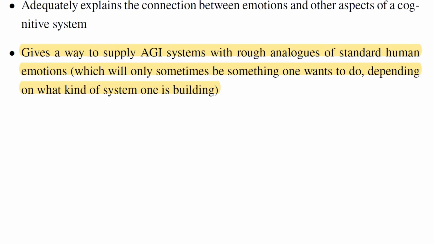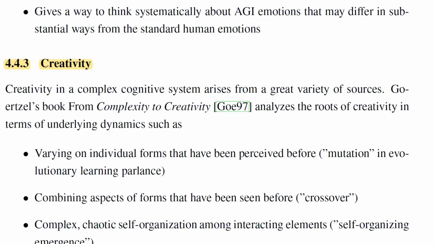emotion. When it comes to emotion, the approach is to give a way to supply AGI systems with rough analogs of standard human emotions, which will only sometimes be something one wants to do, depending on what kind of system one is building. Which sounds about right. You can imagine that you want certain AGI systems to have, for example, compassion, but you definitely don't want every AGI system to have analogs of every human emotion. Moving on with further aspects, creativity,